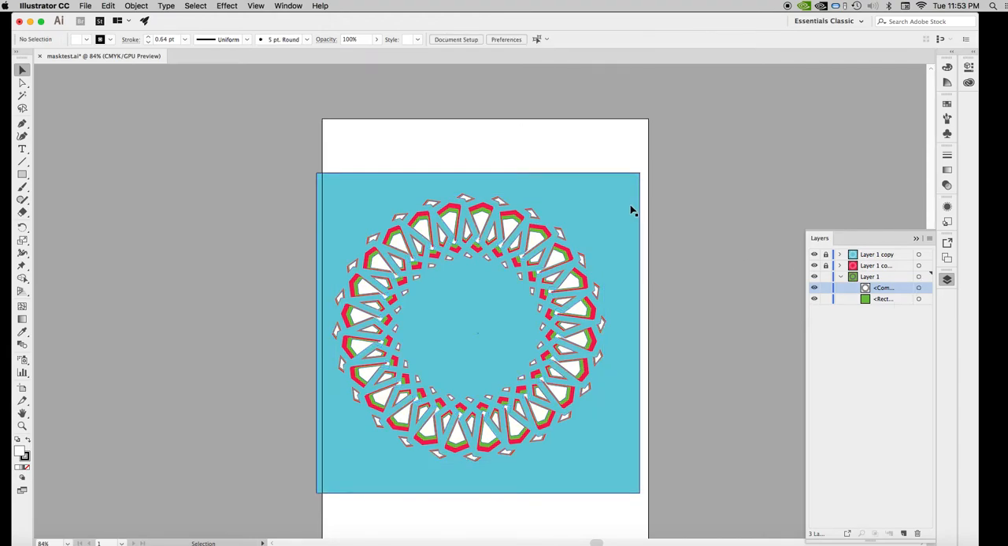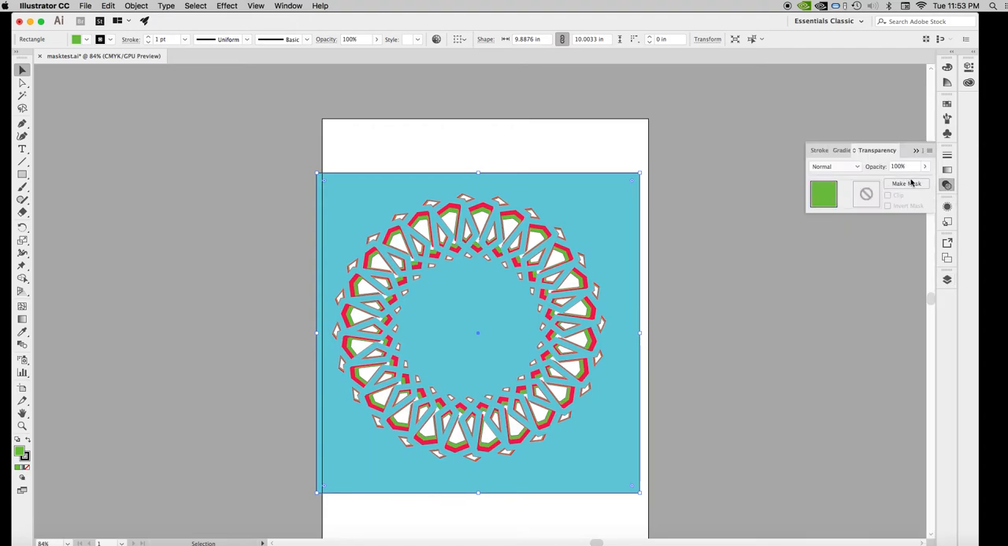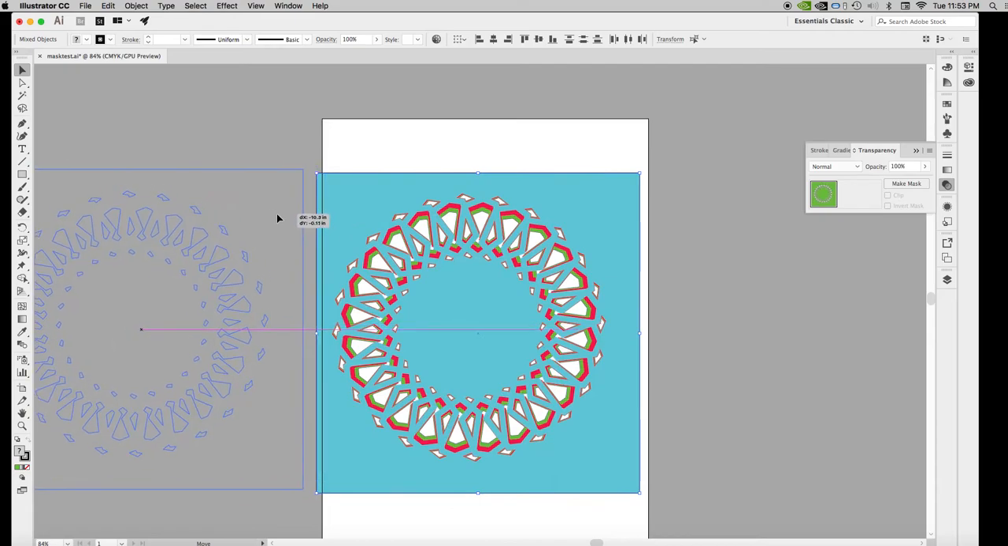Great. Okay, so now let me see if this is a cutout. I don't think it is, but let me look at my transparency, and no, I can make it into a cutout, but it is not a cutout at the moment because it's saying that I have the option to make that mask. Great, so now I'm going to take this and move it out of the way,